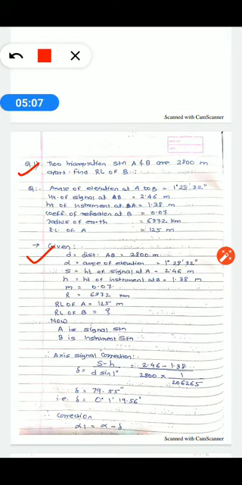Then next is your alpha, that is the angle of elevation, which is also given: 1 degree 28 minute 32 second. Then next, S means the height of signal at A, which is also given as 2.46 meter. Then small h, that is the height of instrument at B, which is 1.38 meter. Then m is 0.07. The R value is also given, that is 6372 kilometer, the radius of the earth. Then RL of A is given as 125 meter.